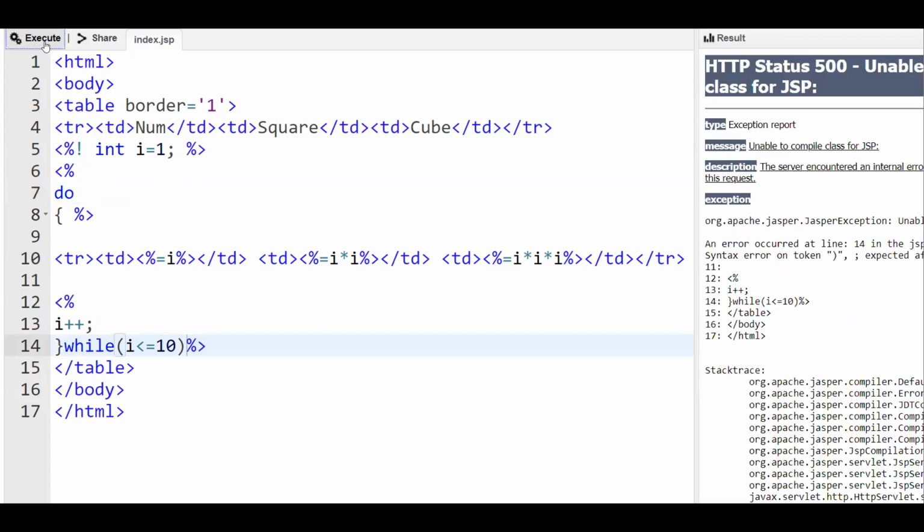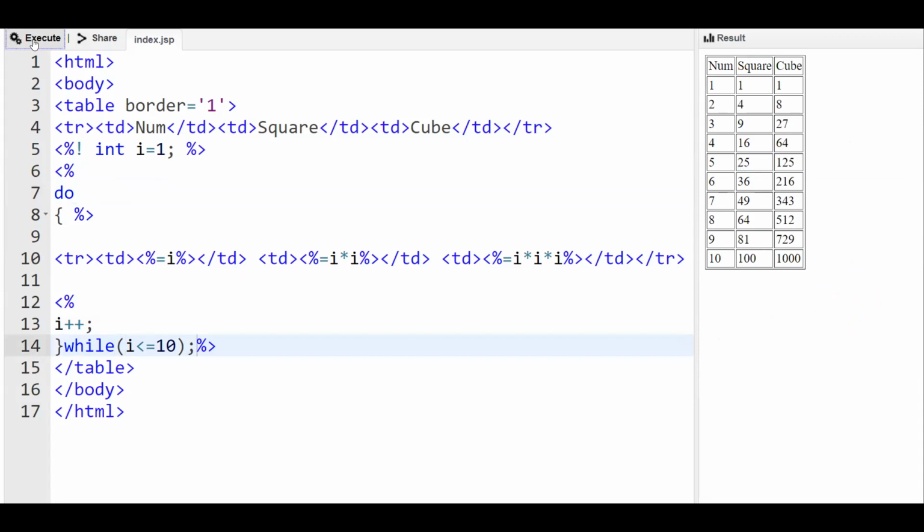So do is an exit condition checking. So while exiting the loop, if the condition matches, then it will go for the next iteration. So that is the difference.